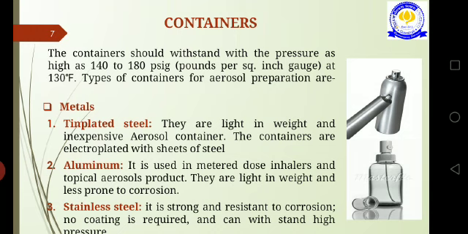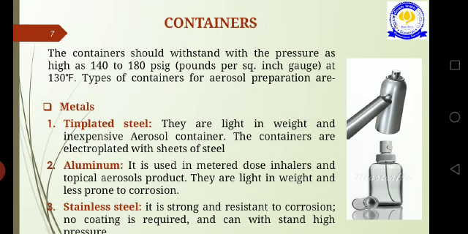Following are the different classes of containers that can be used. The majority of aerosol containers belong to the class of metals. Other than that, glass can also be utilized to some extent. Metals can be classified into the following categories: tin plated containers, aluminum containers, and stainless steel containers. Among these, tin plated containers are light in weight, inexpensive, and can serve as an aerosol container if the inner side is coated with a polyvinyl coating